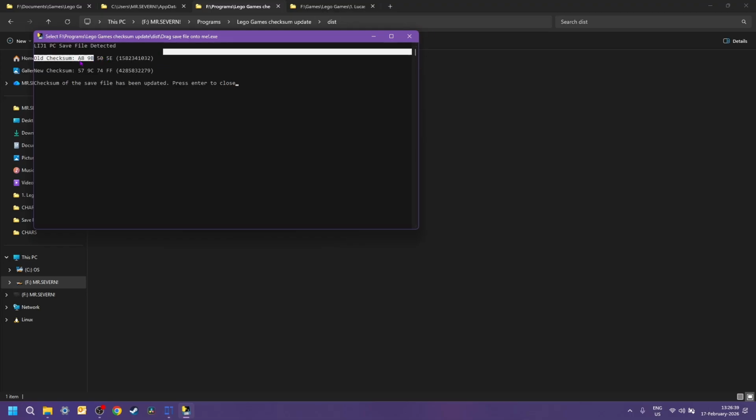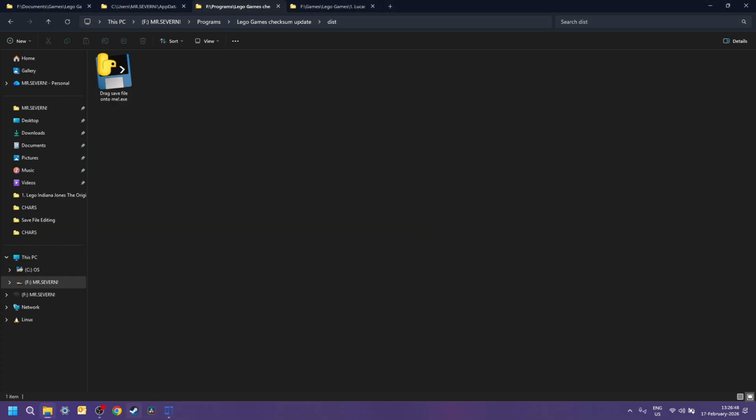And this is also something unique to my version of it: you see the hexadecimal and the decimal. I wanted to do it that way since you work with both.